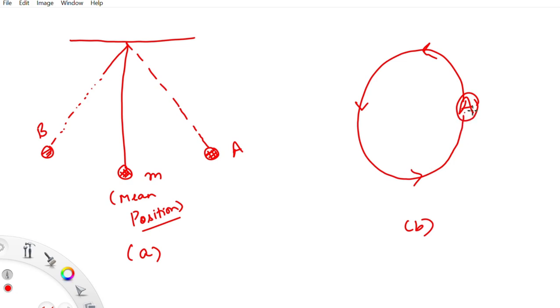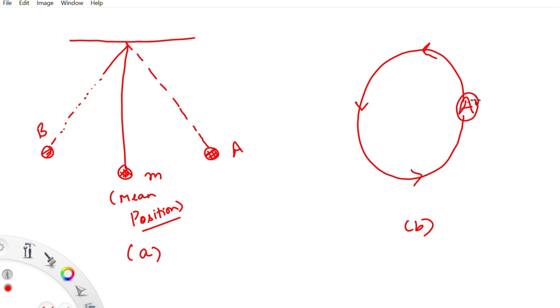But is he moving to and fro? Is he oscillating between 2 points? No, right? So this makes us come to a conclusion that all oscillatory movements can be called as periodic. Why? Because there is some element of repetition. But all periodic motions or all periodic movements cannot be called as oscillatory